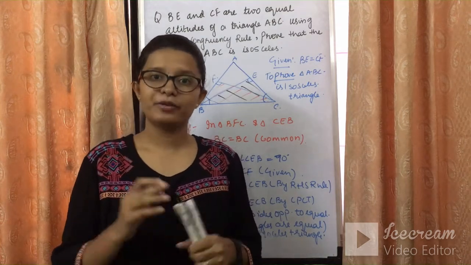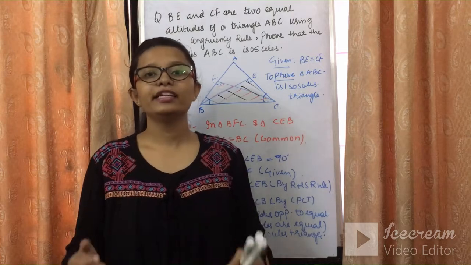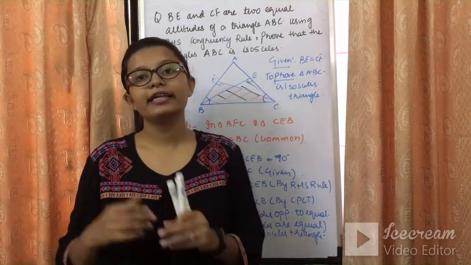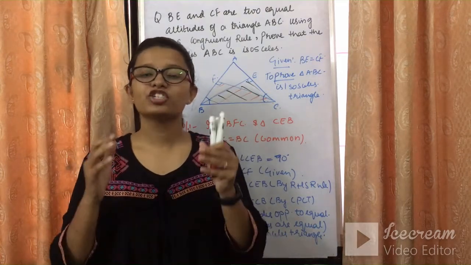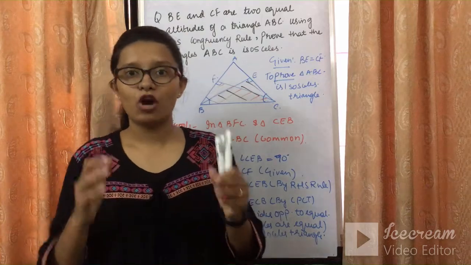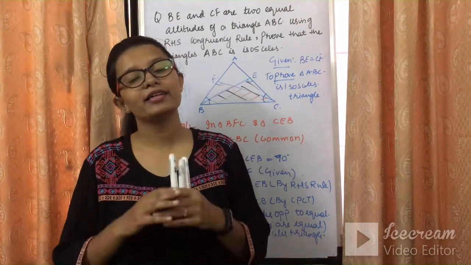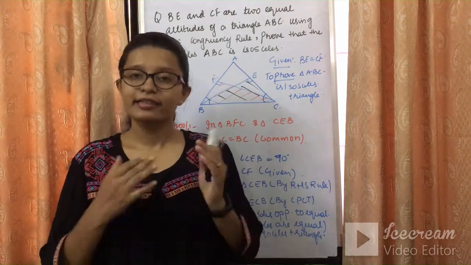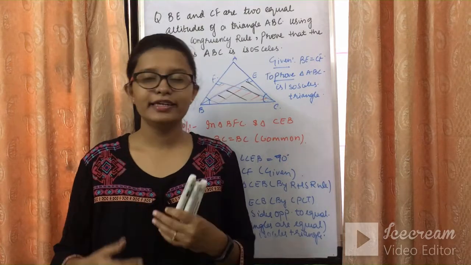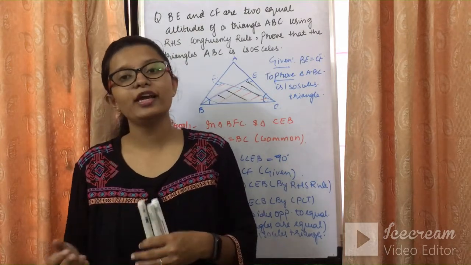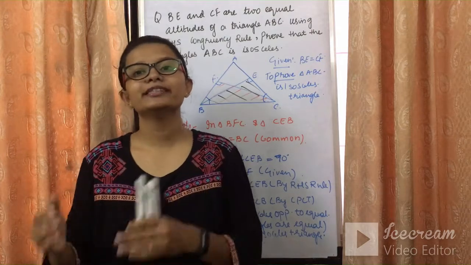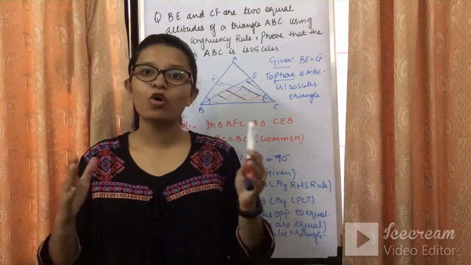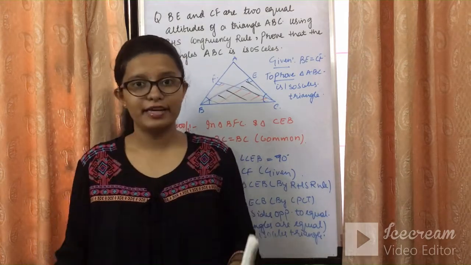Here we finish the chapter triangles. Since the inequalities part of the triangles has been deleted from the chapter, I will not be taking the inequalities of the triangle here. So we finish the chapter over here. This is a very small chapter now because inequalities in the triangles has been deleted, which was a quite vast portion as compared to all these things. These are simple, whereas in the inequalities we need to study three more theorems. So all those things have been deleted now. The triangles chapter has become too short and too easy. I hope all the sums were quite easy and understandable.